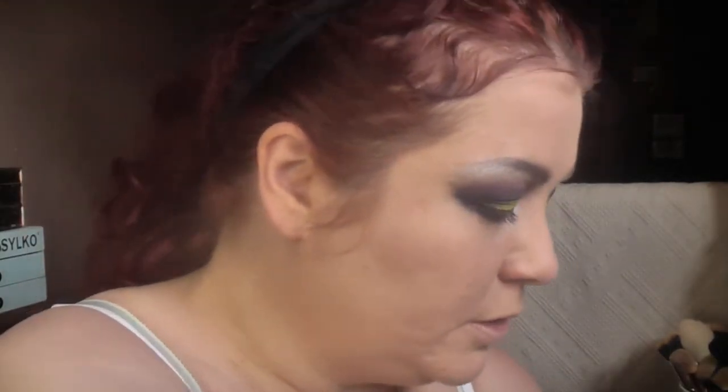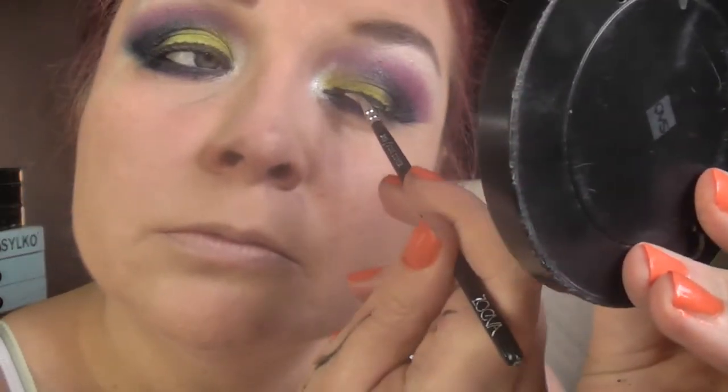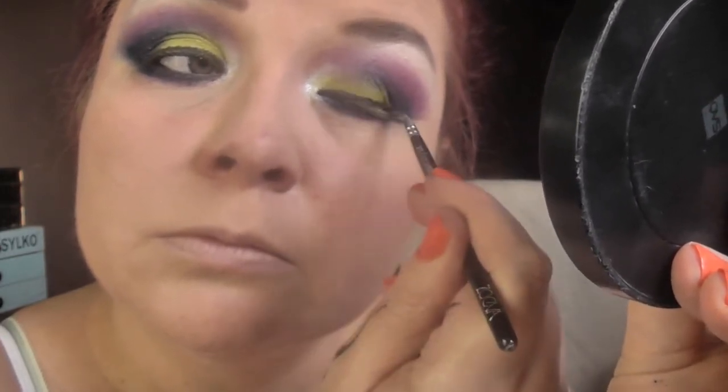So next I'm going to put on some liner, and I actually decided to go for Black Track Fluid Line by MAC because I absolutely love this stuff. I just want a simple line. I'm no good at wings, but the navy already creates sort of a wing, and there's enough going on anyway in this look. Okay, there we go. Not perfect, but I'm not a makeup artist either,